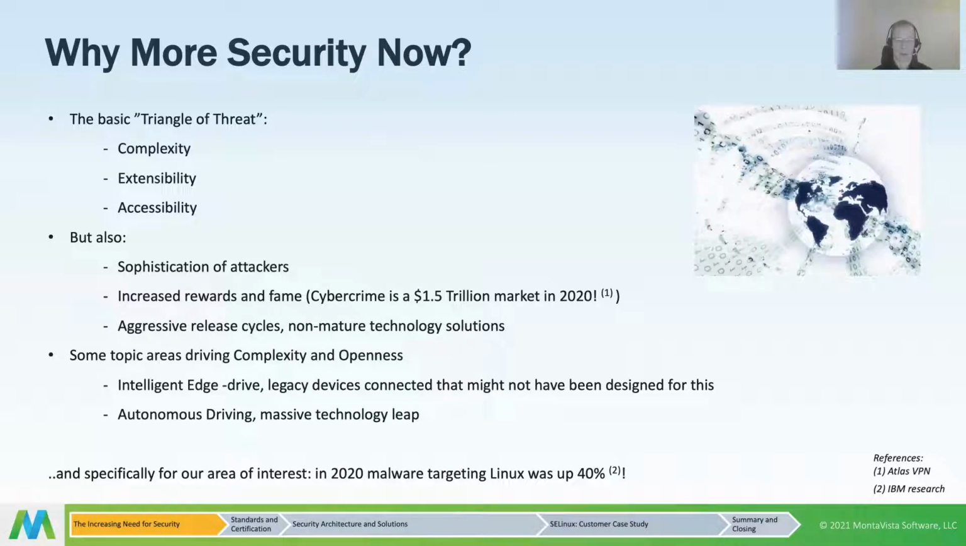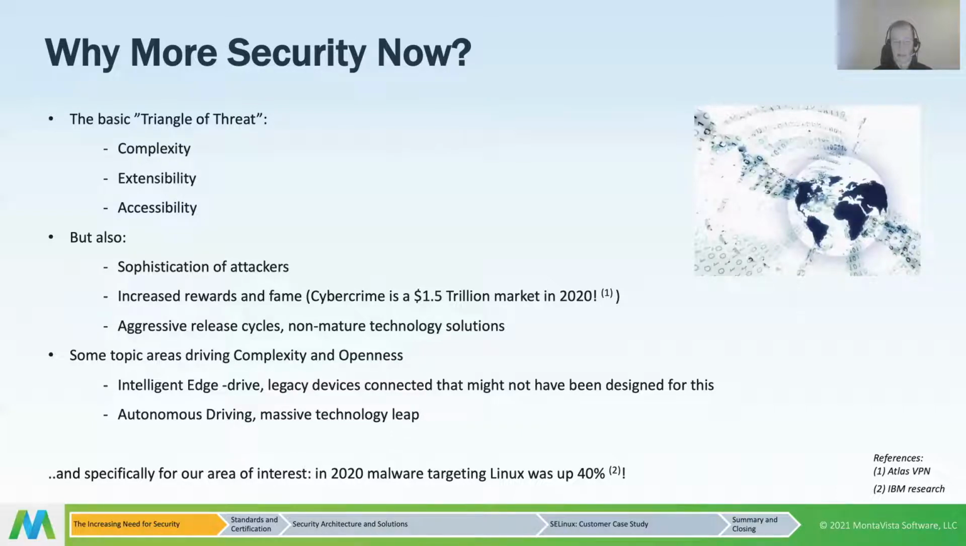Also playing into this is the sophistication of attackers, and this is a kind of vicious circle, because we see that there are quite a bit of increased rewards in the scheme of cybersecurity. Based on the recent Atlas VPN research, for example, cybercrime is a $1.5 trillion market in 2020, and it's increasing with double-digit growth over a year. Then we also have aggressive release cycles, and some of the technology solutions we use are not that mature. That also brings in the complexity triangle of threat aspect, as well as both of these play into